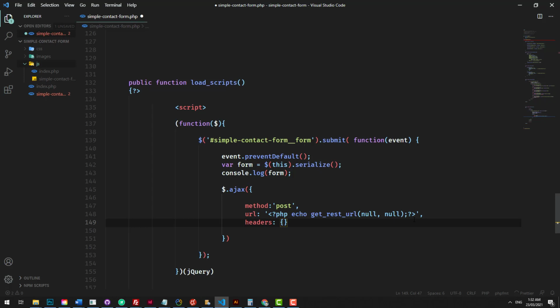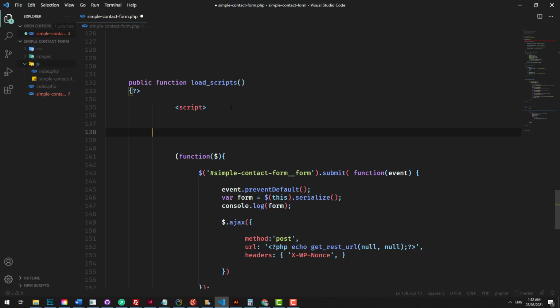So in our headers we want to send through something called x-wp-nonce. And we then want to attach the nonce, the number that WordPress generates with this particular post. Now to grab the nonce, which is loaded with every session that someone has on the website, we need to run some PHP. So let's go at the top of the script here and do var nonce. You can call it whatever you want. And then we're going to use some PHP to grab that number. So PHP echo, and we'll use a function called